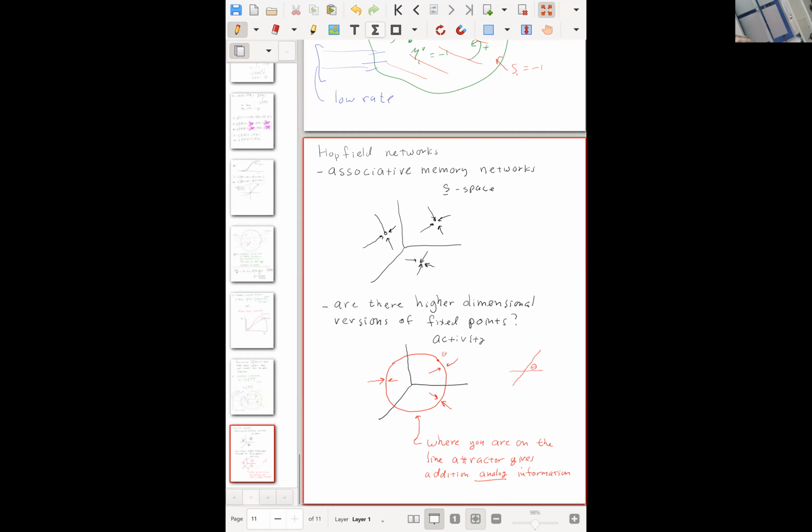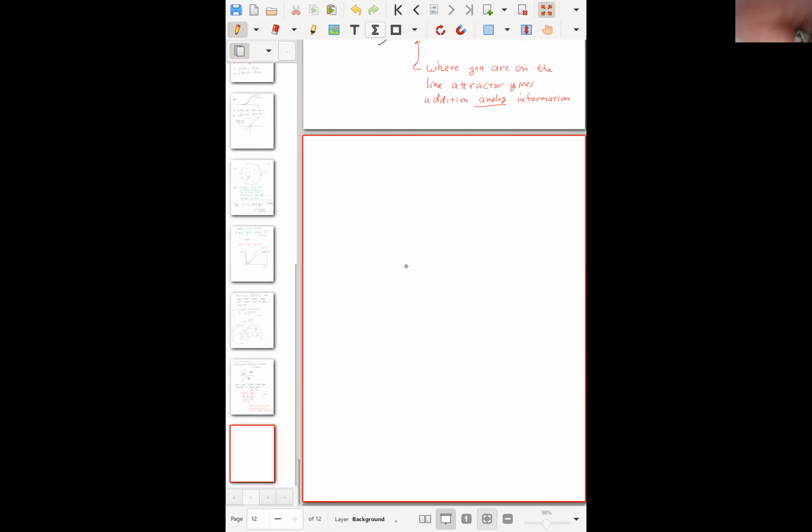So this is theta equals 45 degrees, and over here is theta equals 130 degrees. Okay. So where you are on the bar now gives you information that you can't get with a single point attractor. Okay. And so what we want to do is build, so our goal for this lecture,